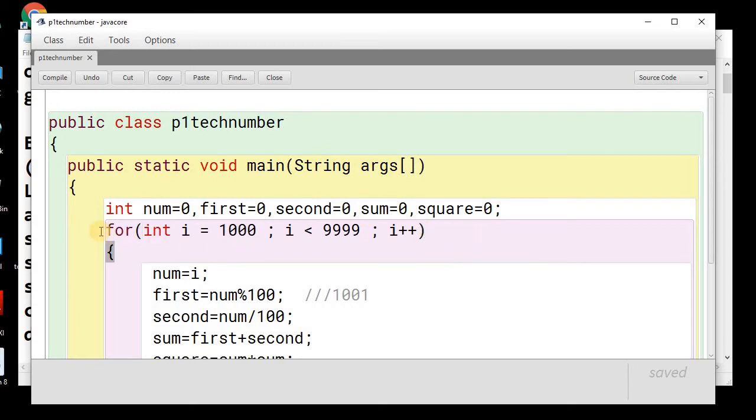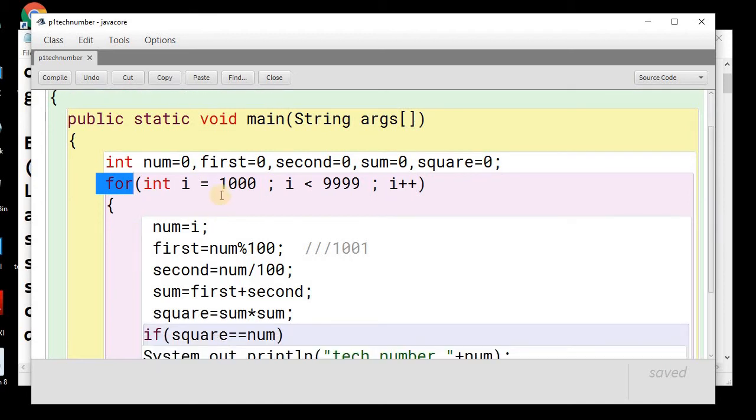So we need to run a loop. We can use a for loop, a while loop, or a do while loop. We'll start the loop from 1000 until 9999.